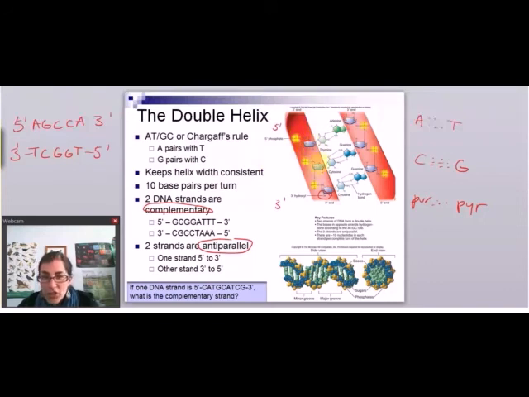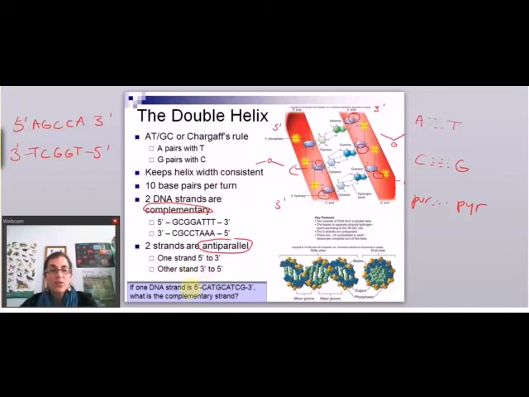And if you look at the sugars, see the oxygen up top here? The oxygen is pointing up. So I've just drawn that a little bit bigger. If you look at this molecule, so the matching strand, this is the 3' end. So notice here's the free 3' carbon. And if I look down here, here's the 5' carbon. So this is the 5' end. And if you look, the oxygens are pointing down. So I always think of them as little arrows. They are actually different shapes. Here the oxygen points up like an arrow. Here the oxygen points down like an arrow. So they're running in opposite directions.